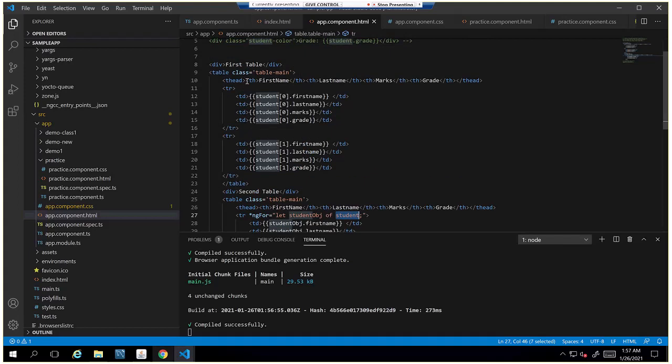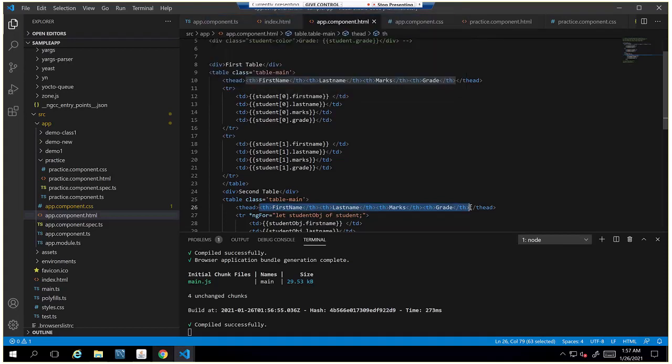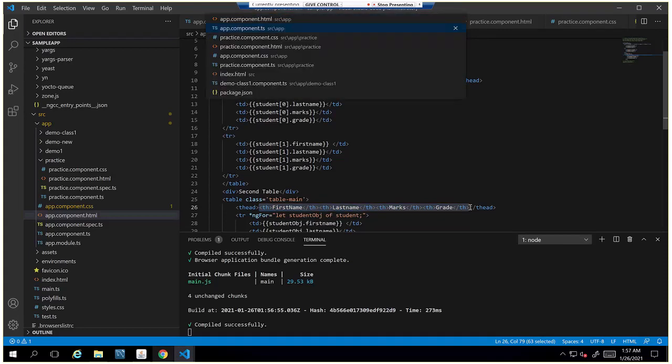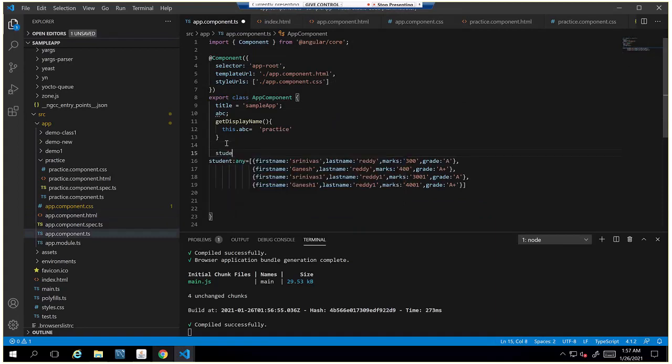Even this one we can try to print using headers. I'll try to print the headers also. Here we have created student headers. I can specify the student headers here.